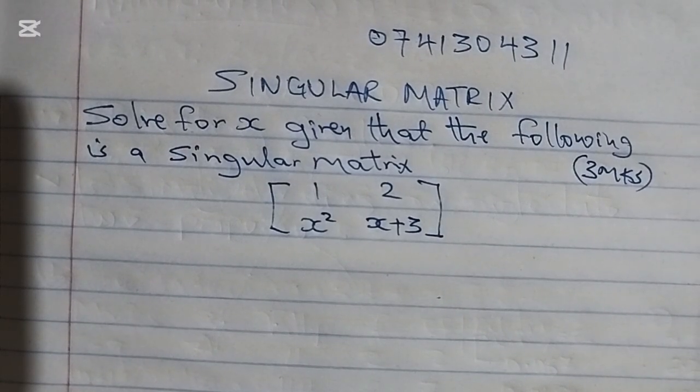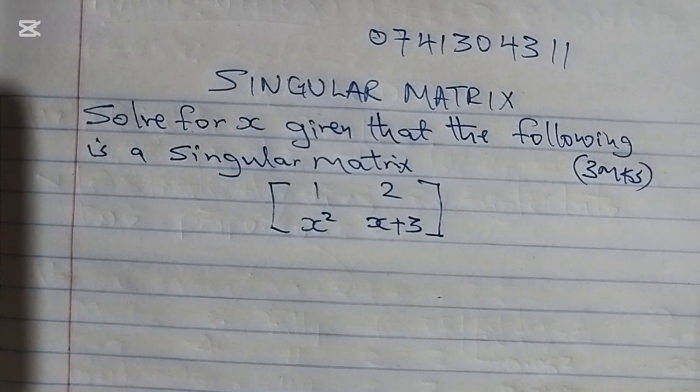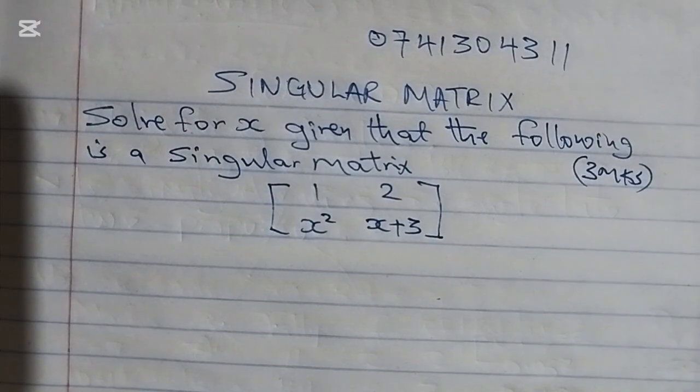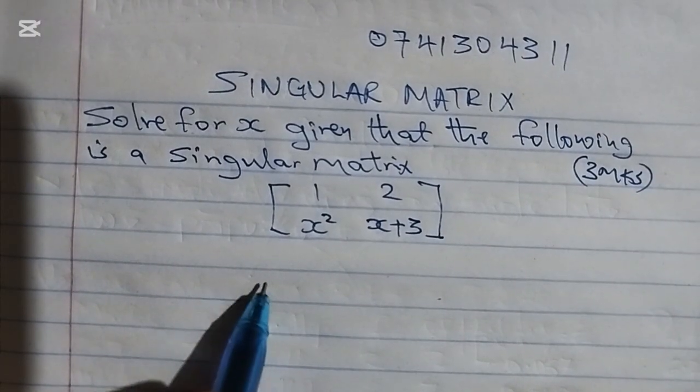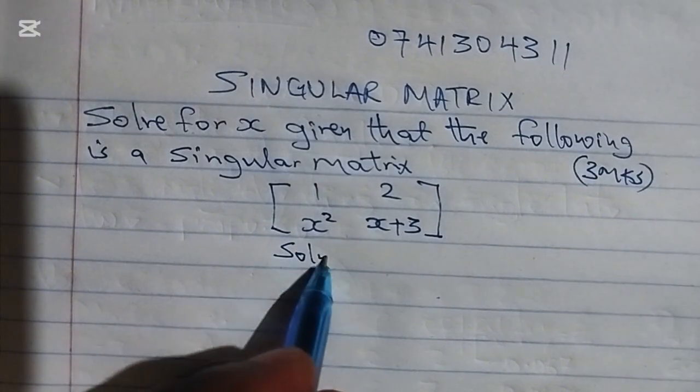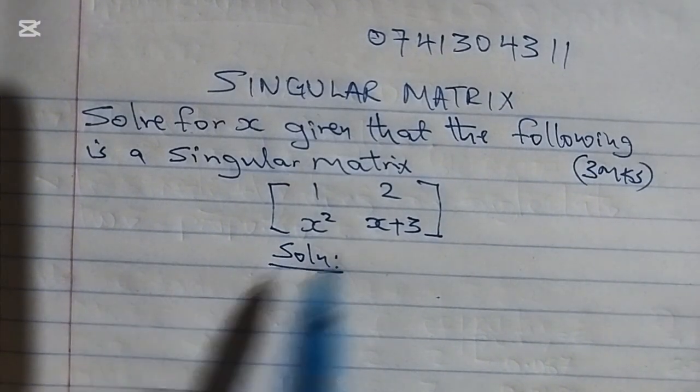Hello, welcome to this question on singular matrix. The question is, solve for x given that the following is a singular matrix. 3 marks. You can see your matrix: 1, x squared, 2, x plus 3. So for us to solve this question, under our solution, we are going first to know that